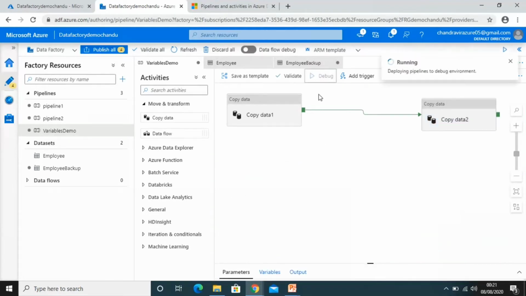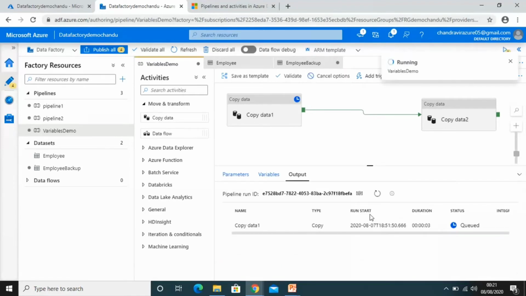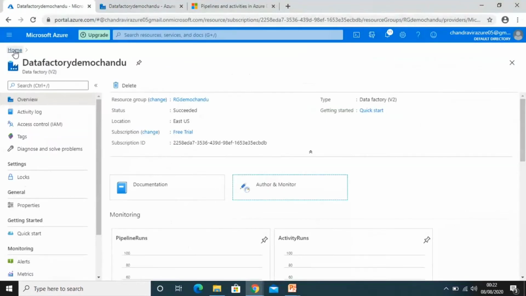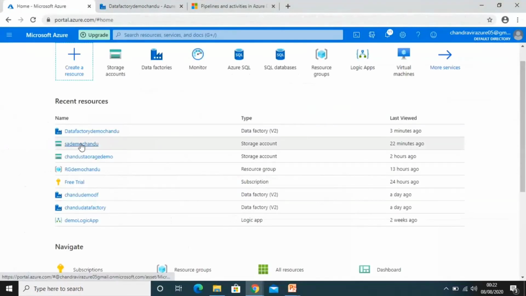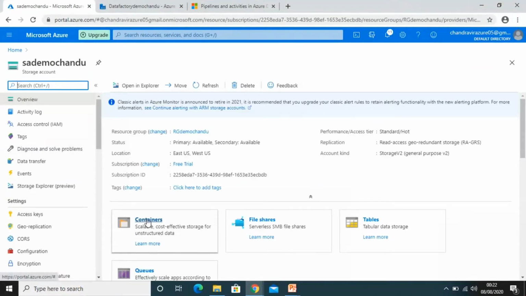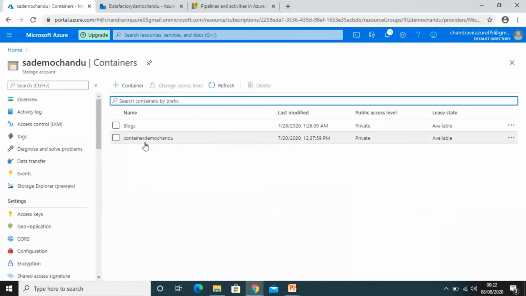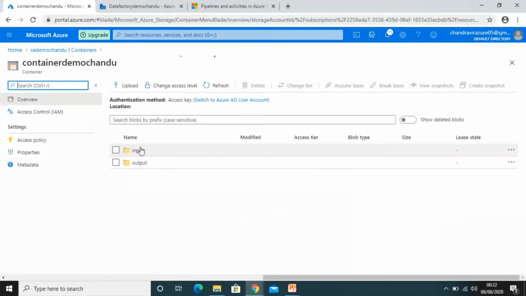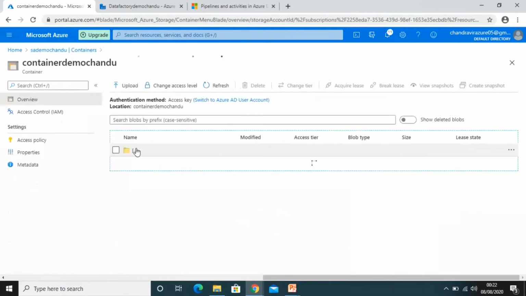Now hit the debug button. It's running. We can refresh here to see the progress. Copy data 1 has succeeded. Now if we move to the demo storage account, I forgot to show you the files here. If you go to the storage account containers, we have two folders, input and output.